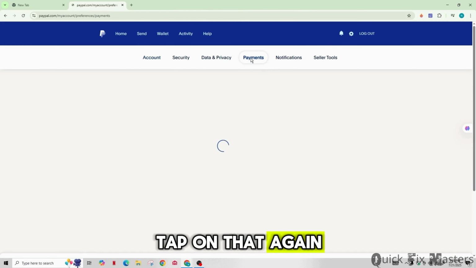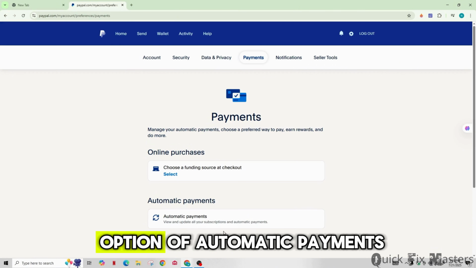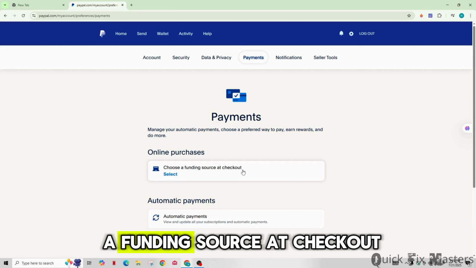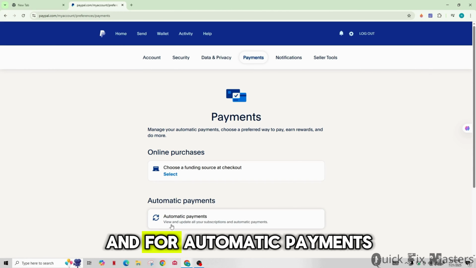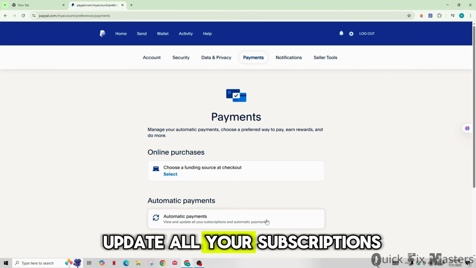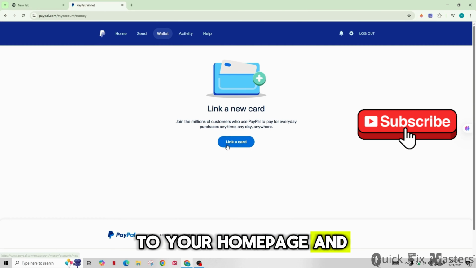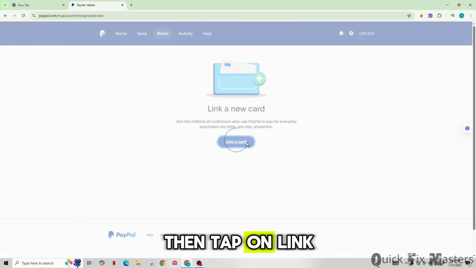Tap on that again. Now here you will see the option of automatic payments and online purchases. Here you can choose a funding source at checkout. And for automatic payments, you can view and update all your subscriptions and automatic payments. Or you can go to your home page and tap on link a new card, then tap on link a